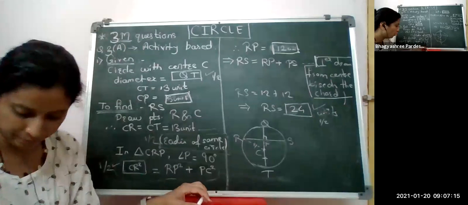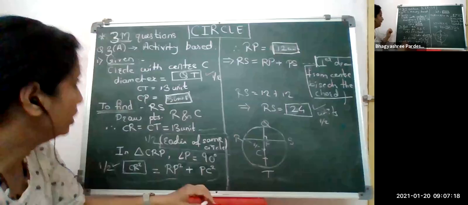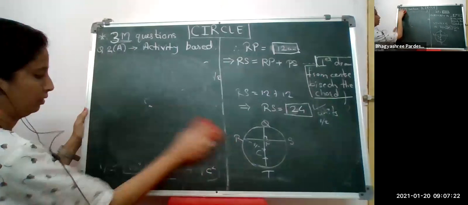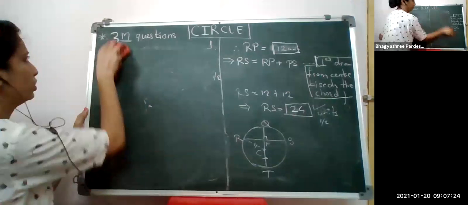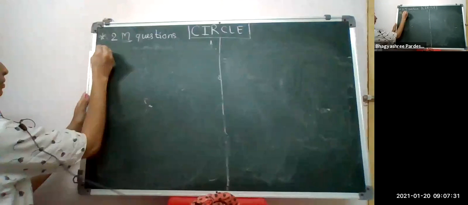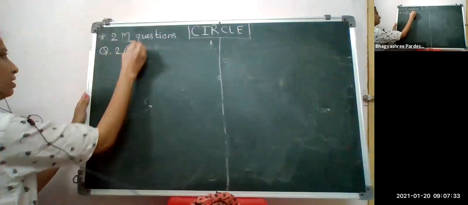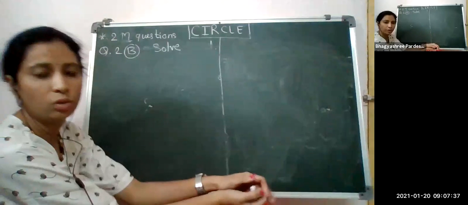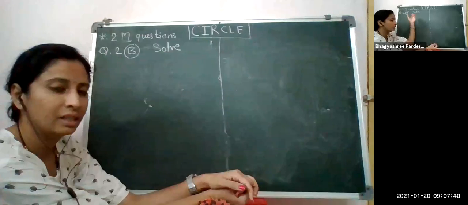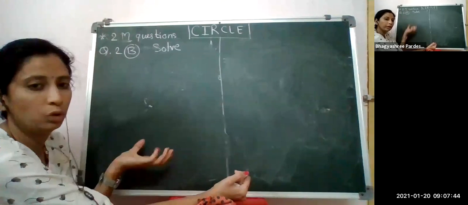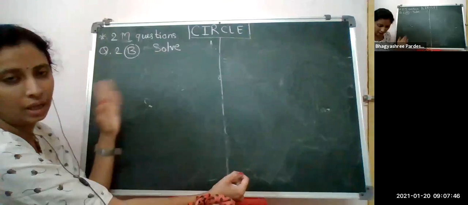Now let's move forward to question number 2A. Sorry, 2B. Actually, no need to solve question number 2B. Now question number 2B. What is this? This is just solve. Whatever we just solved, the same type of questions will be there. Simply, you are not given any given to prove, or the solution. You have to solve it properly. Okay, the same question can be asked for 2 marks.